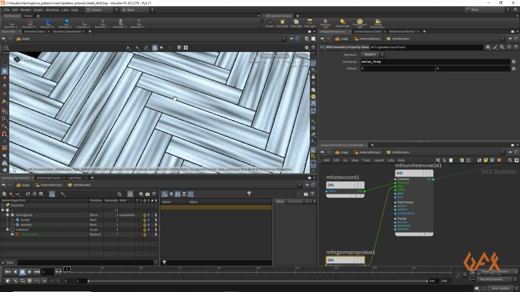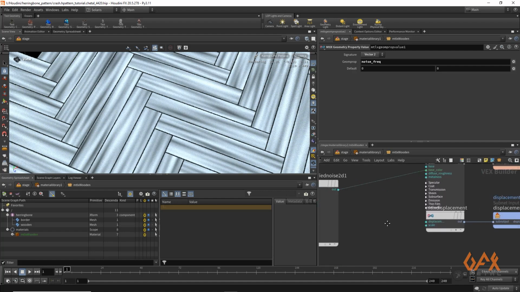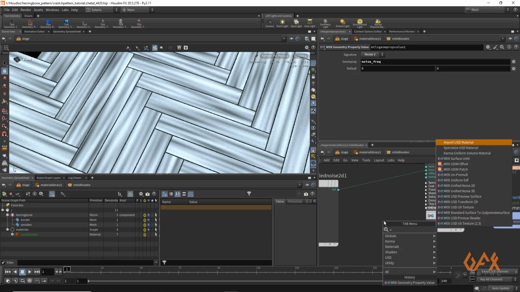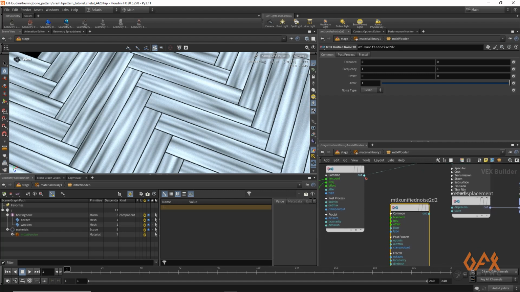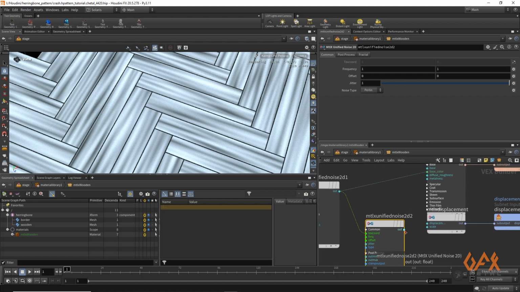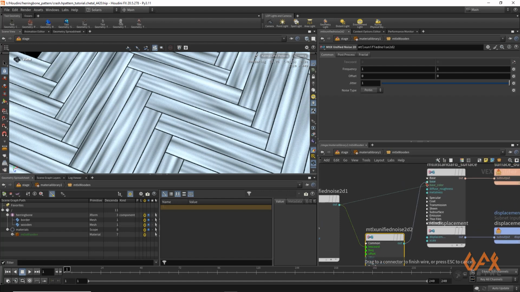Okay, but now we need that wooden pattern structure on that. And for that reason, I'm going to create one more unified noise 2D. I just apply the outcome of that noise into this texture coordinate. I apply that onto my base color.